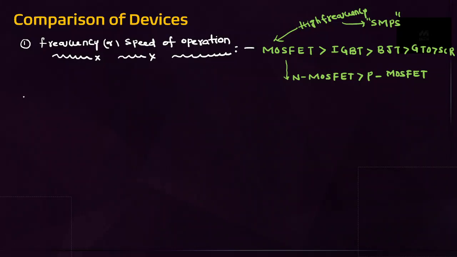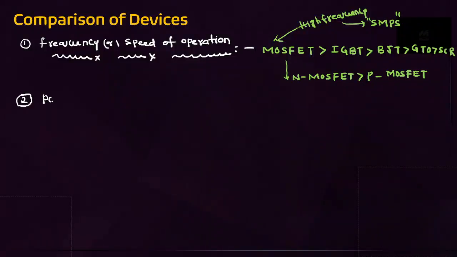In semiconductor devices, speed does not mean rotating speed. It is the frequency of operation. The device which is used for high frequency indicates high speed of operation, students. We don't have any rotating speed now. All the semiconductor devices are static devices. This is with respect to speed of operation or frequency of operation.